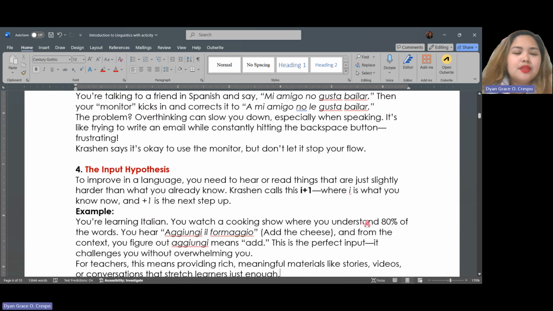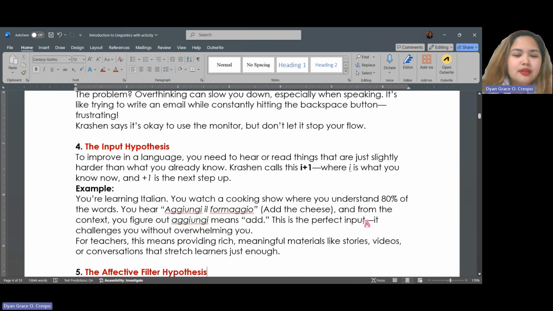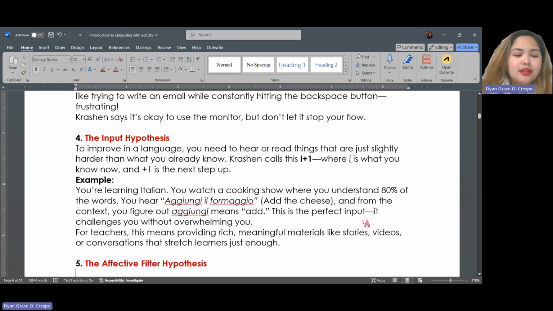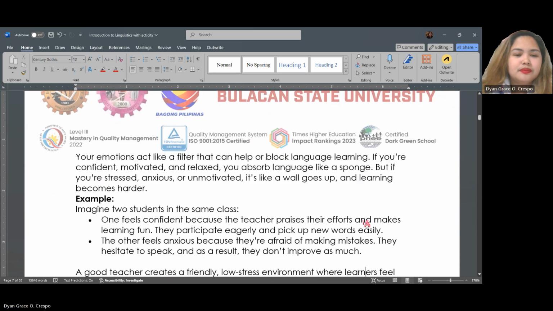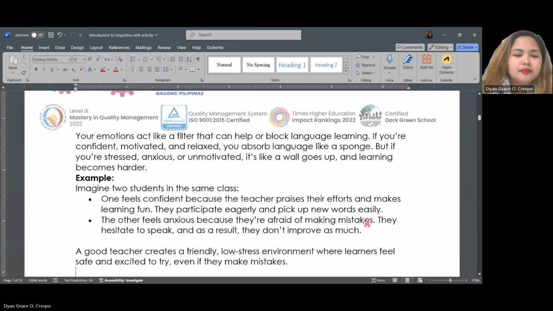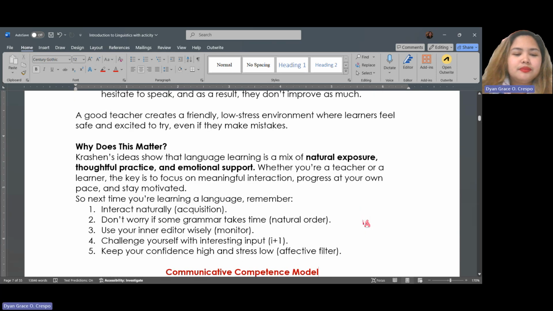The input hypothesis, already discussed that one. Affective hypothesis also, already done with that. Okay, now,